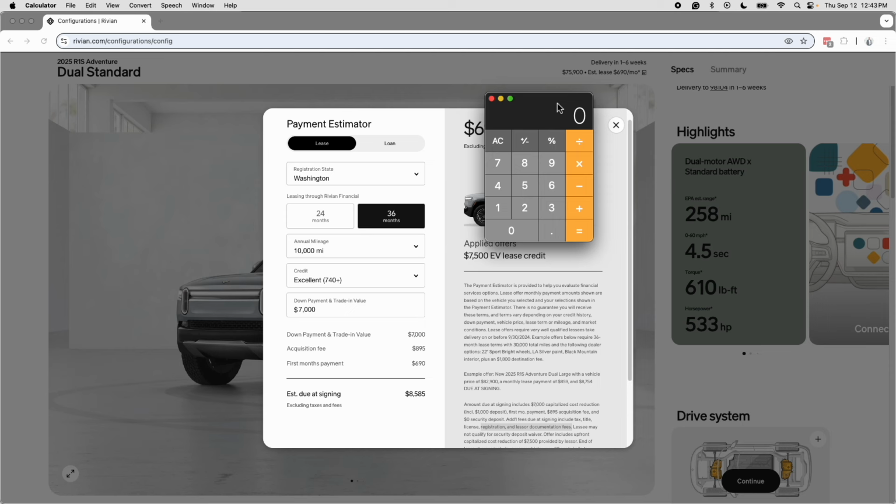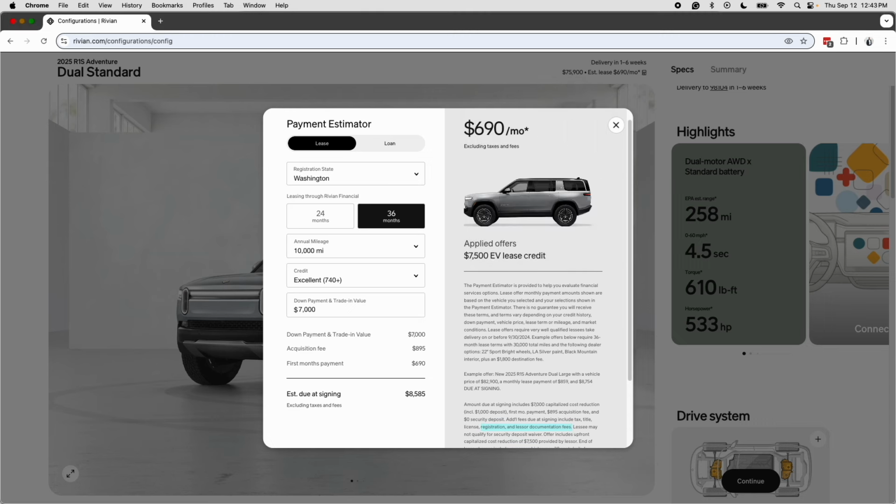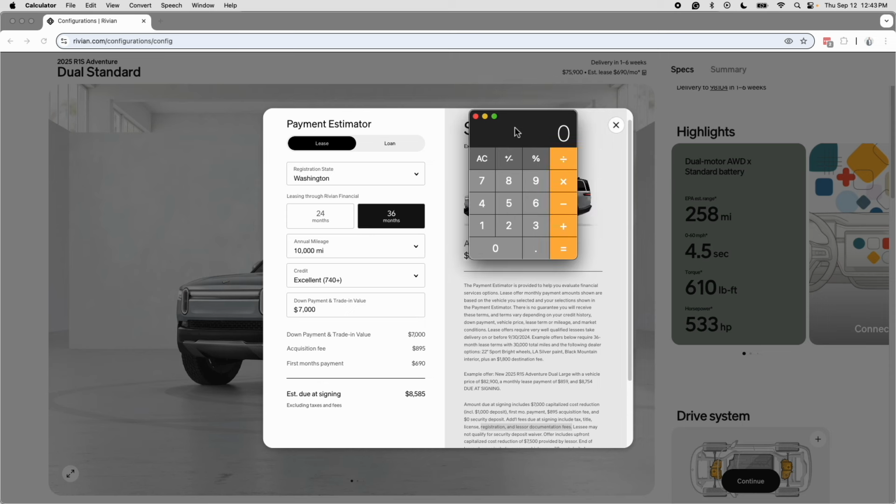I mean, if I could just think off the top of my head, probably the BMW iX, you've got cars like the Subaru Solterra, the Toyota BZ4X. A lot of cases you have like the Hyundai Ioniq 5, Ioniq 6. So there are some sub 1% lease deals out there, but this isn't a sub 1% lease deal. But let's go ahead and run the numbers and see what it is. So we'll take the $8,585 that's due at signing, and then we'll just add the $2,000 just to account for taxes and registration fees and things like that, and you get